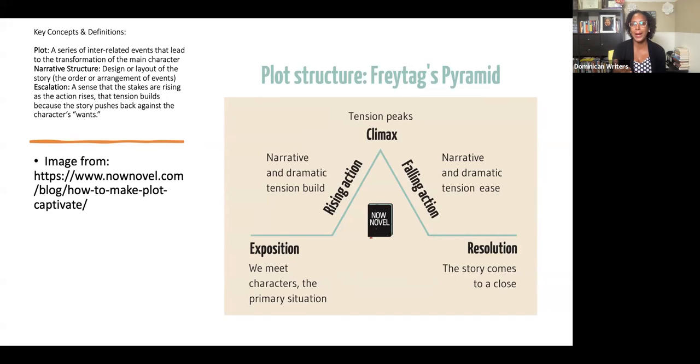You want to ask yourself at some point in your process, what the hell am I talking about? Can you put it in one sentence? Can you put it in two sentences? As cliche as it is, the concept of an elevator pitch, where you can sum up what you're doing in one or two sentences, is really helpful in figuring out what your narrative structure is and what the plot of your book is. The narrative structure then is the design or the layout of how that story happens, or how things are arranged.